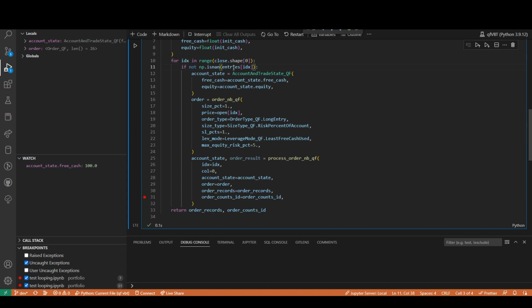So if not is NaN and account state dot free cash. So I basically want to do the check in here. So that way we don't even. There's no point of even going in here if we have reached our